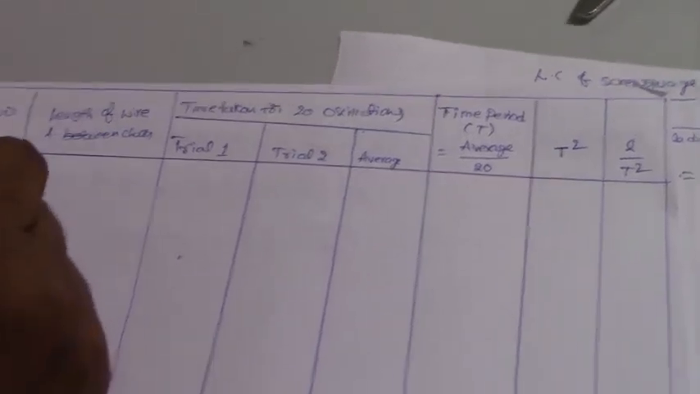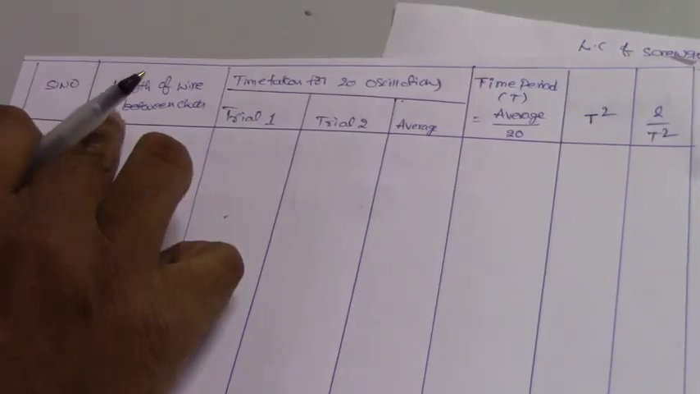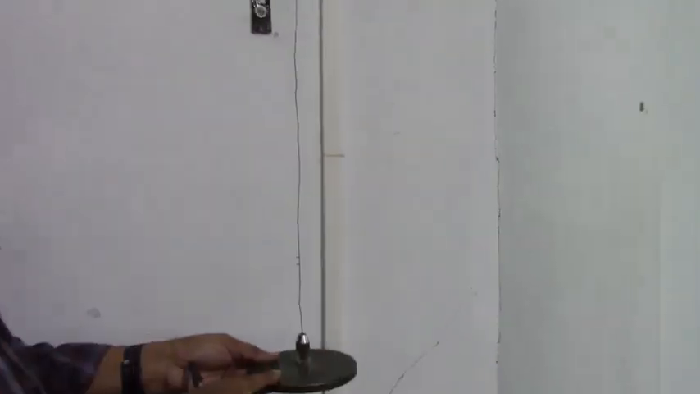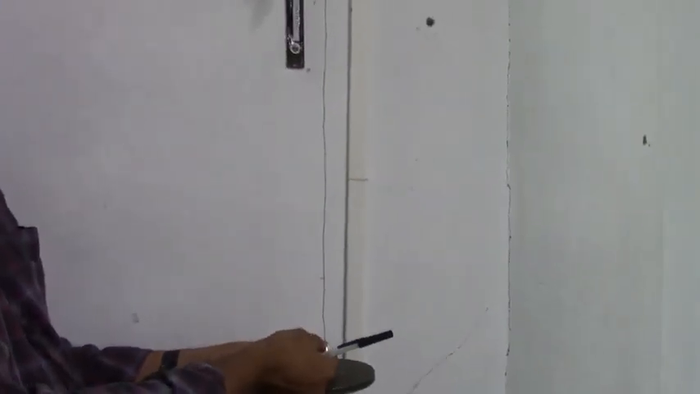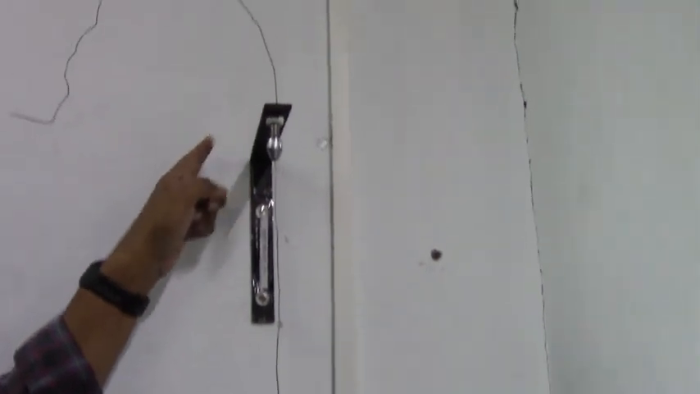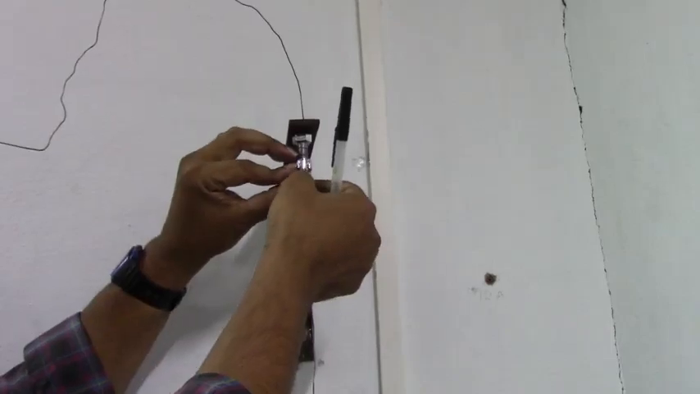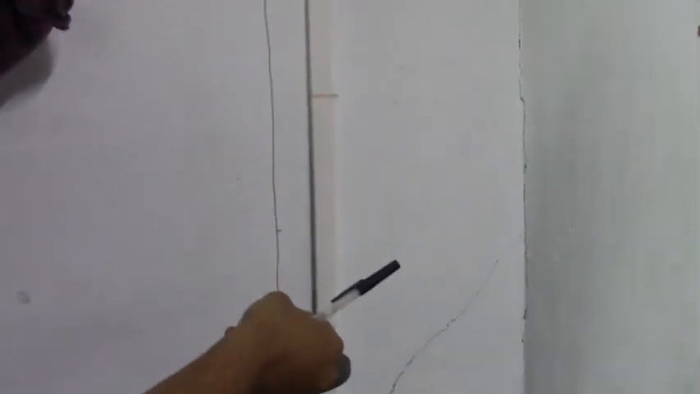This is the tabular form corresponding to this experiment, students. First one is the serial number, which means like 1, 2, 3. Then the length of the wire between the check nuts. Here let me introduce what the length of the wire is. Here you see, students, this is the brass disc and this is called a check nut. Similarly, this L-shaped clamp which is mounted to the wall also has a check nut. So the length of the wire between these two check nuts is called L, the length